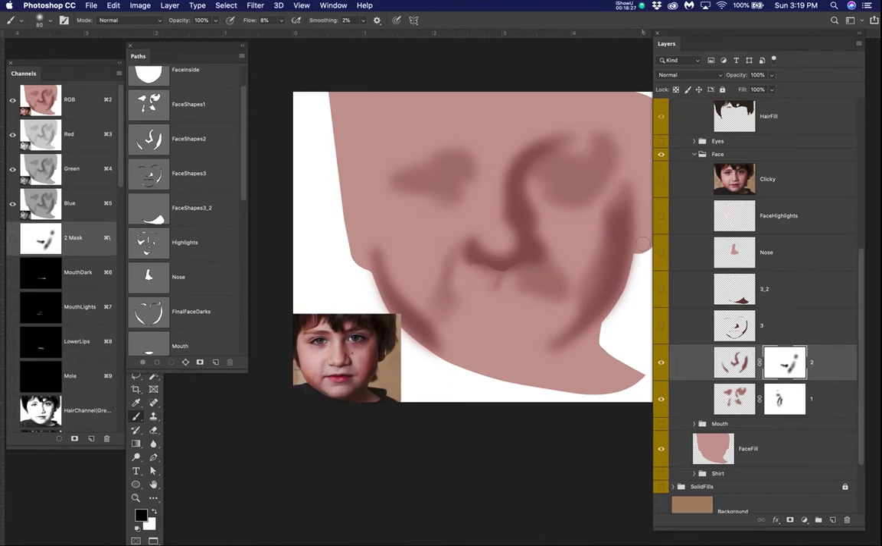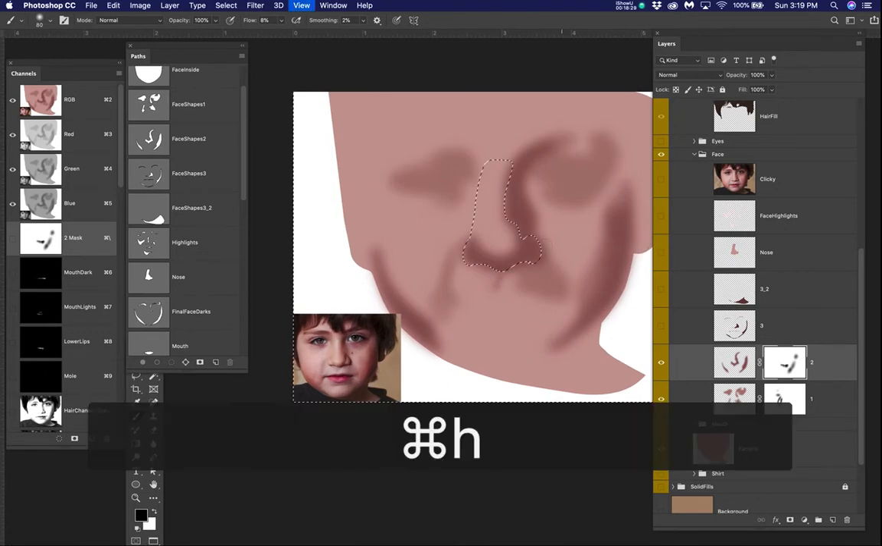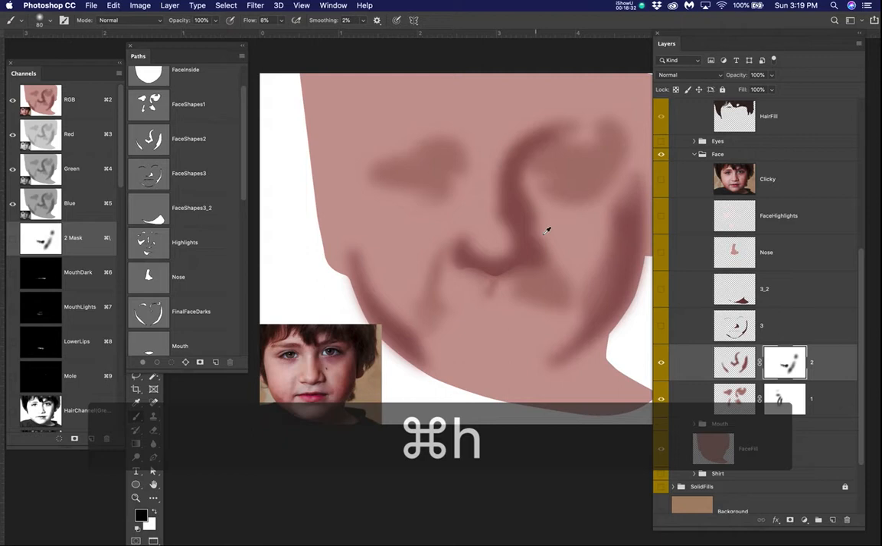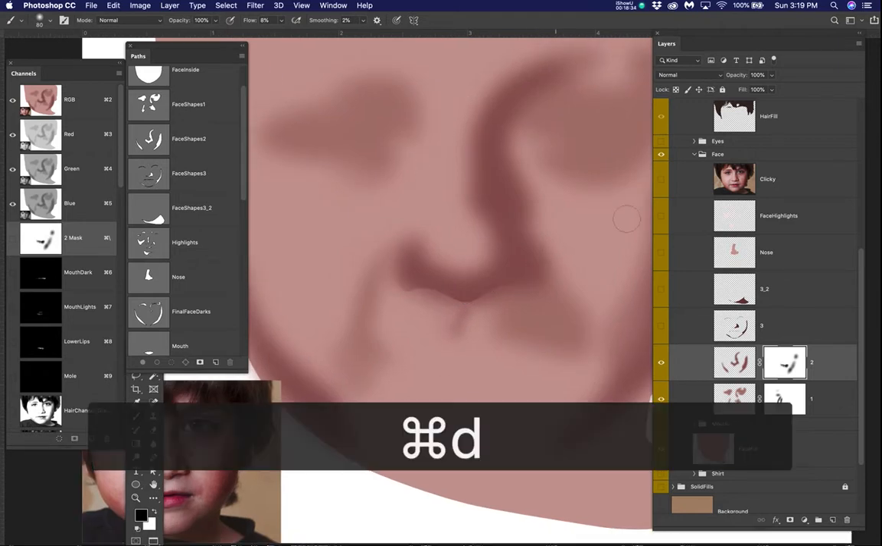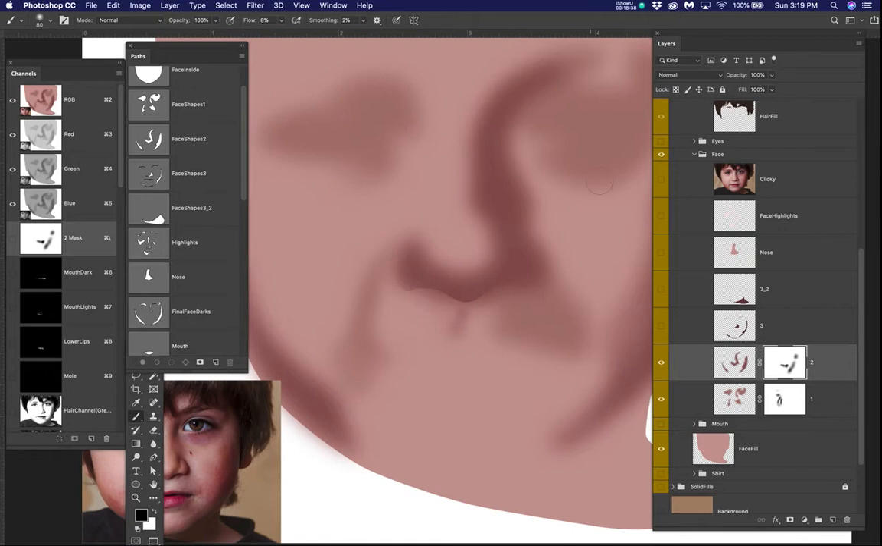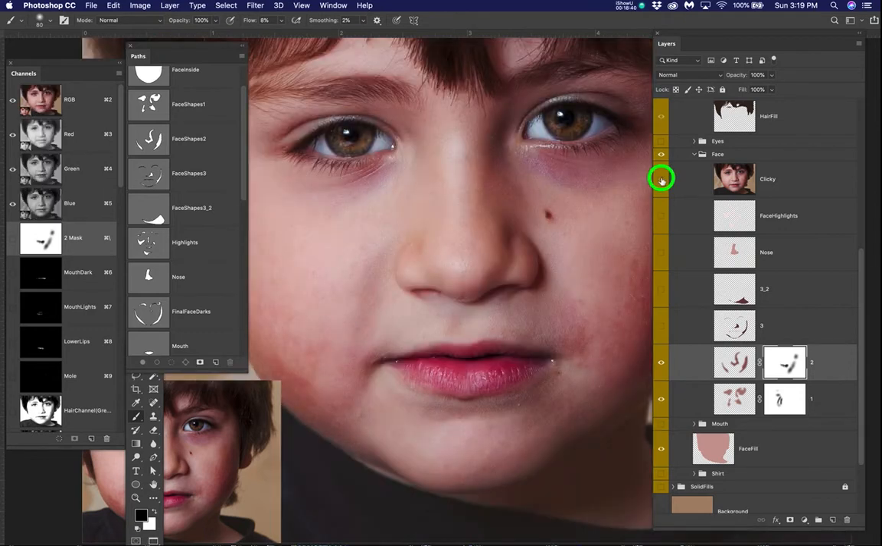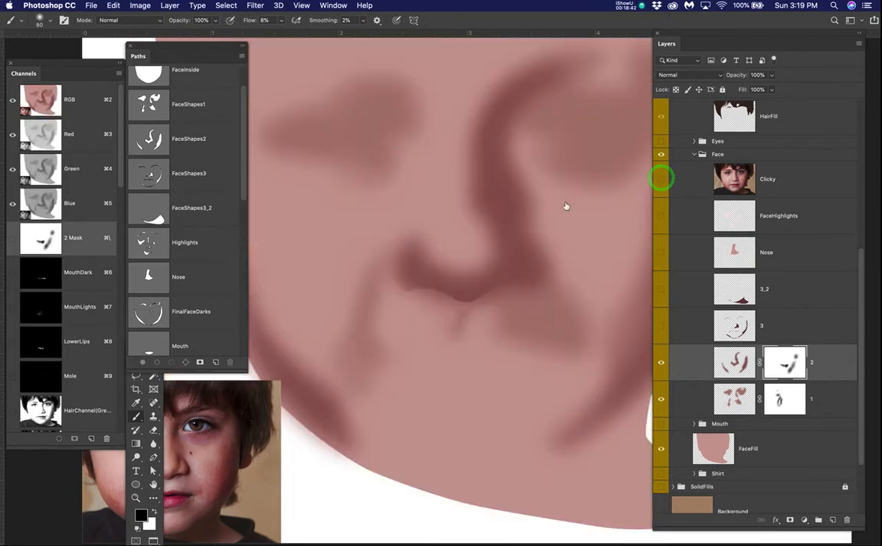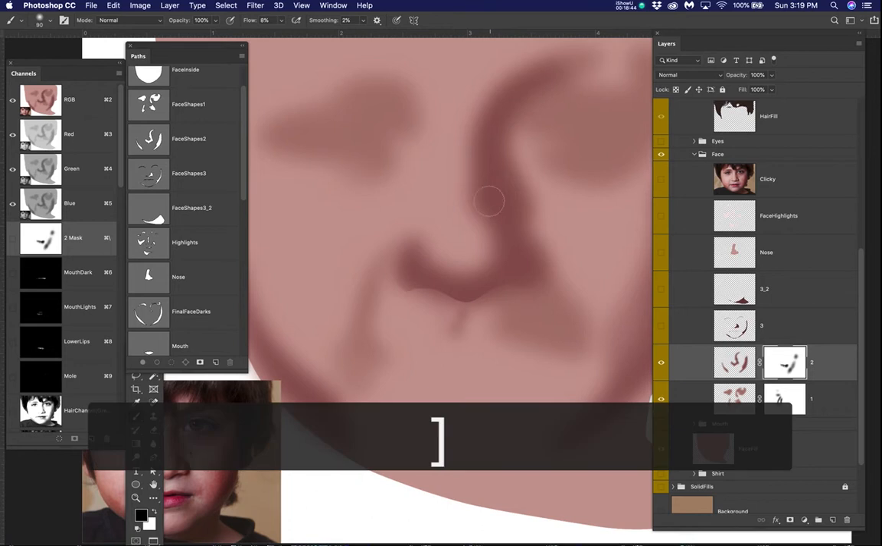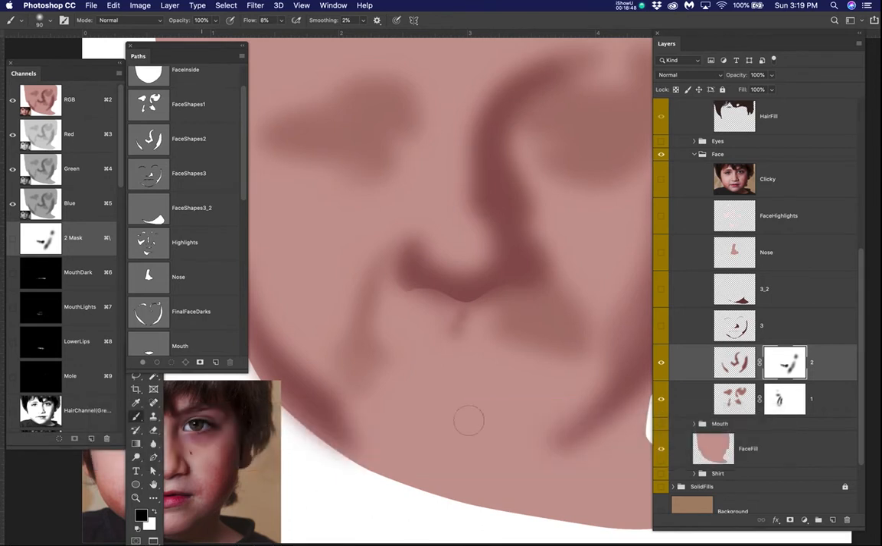Okay, so now make sure Command H is off. Okay, so I just hit Command H again, and now Command D. Now let's make sure we're still on the layer mask. Let's now kill the color on his nose. This is too, see where I'm pointing right there? It's too much. So if I just look at his nose over here,